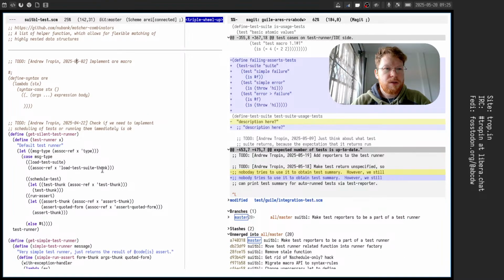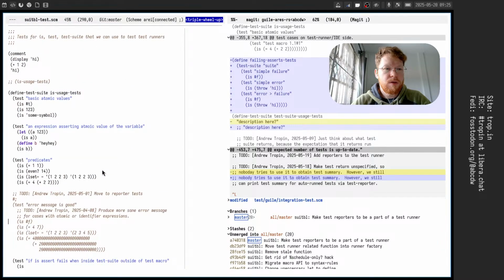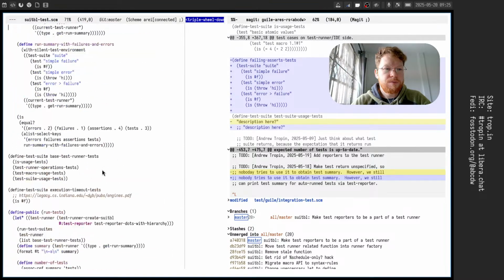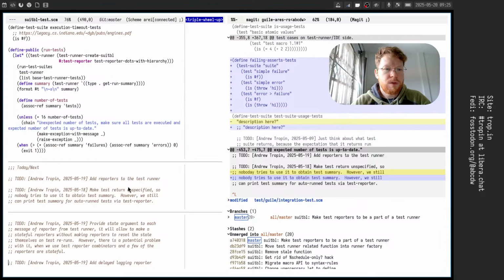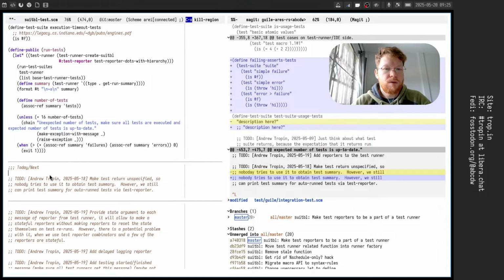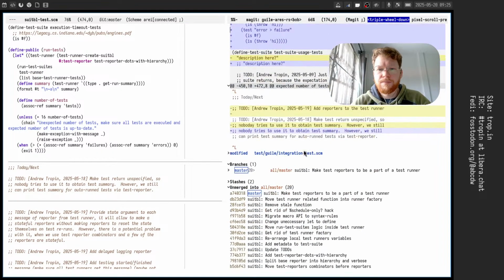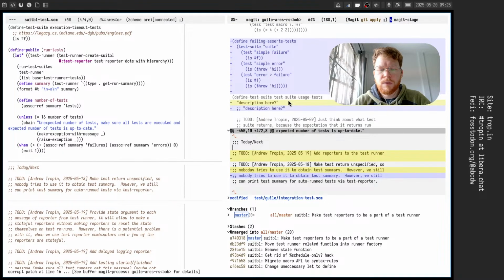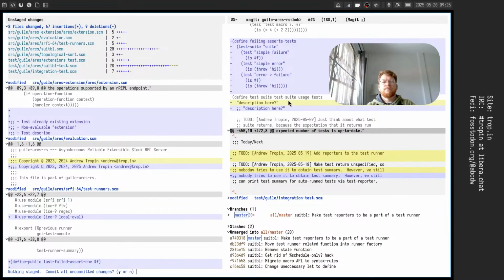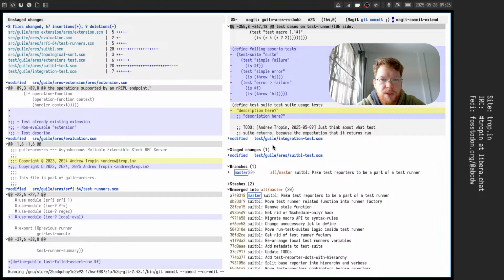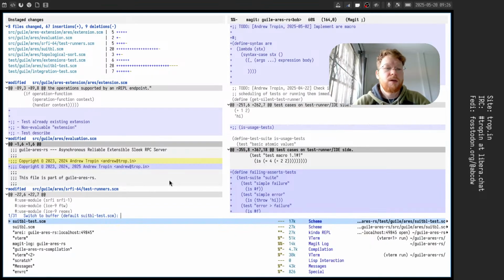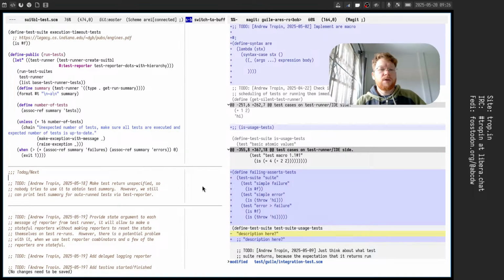Suitable tests. Commit extend. Stage commit extend. Bam. Okay, the only task that I didn't cover today